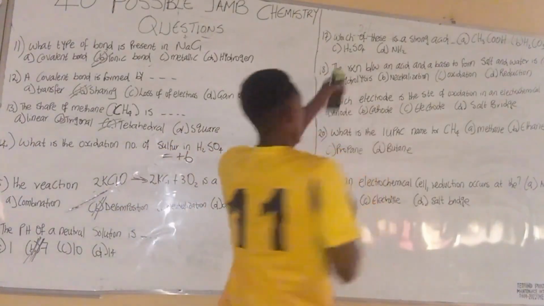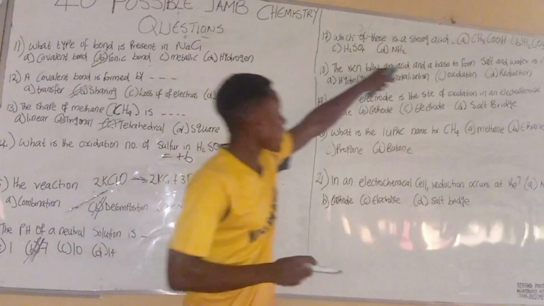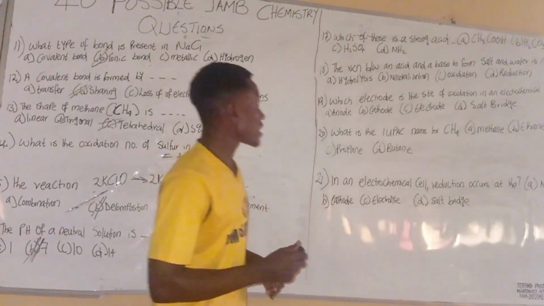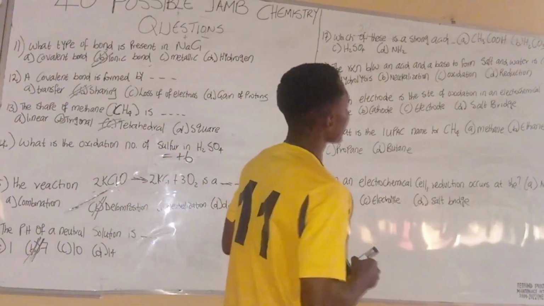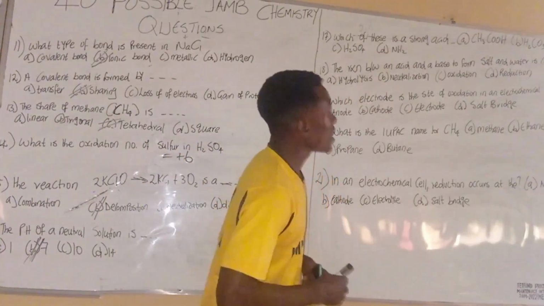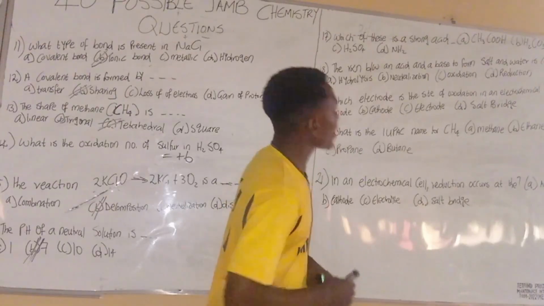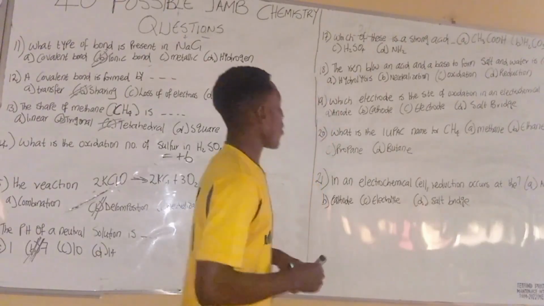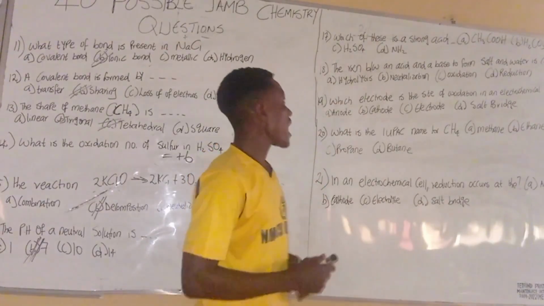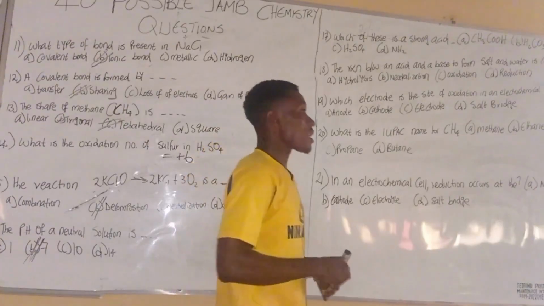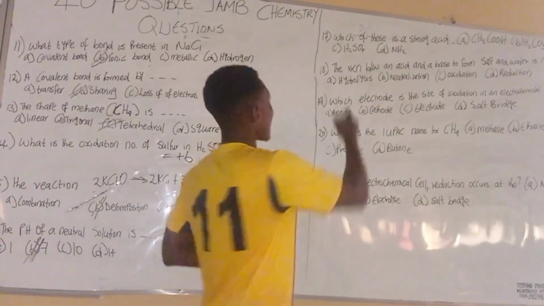The next one says, which of these is a strong acid? A, CH3COOH. B, H2CO3. C, sorry, H2SO4, and D, NH2. Which of these is a strong acid? The correct answer is C,